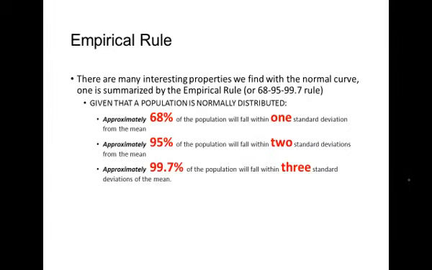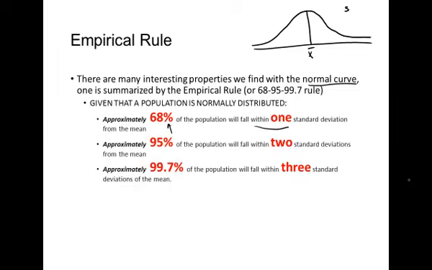In general, if you have a normal curve or an approximately normal curve, you can assume the following rule. This is called the empirical rule, or the standard deviation rule. About 68% of the population falls within one standard deviation. I want to be clear what we mean when we say within one. So again, if the mean is here,